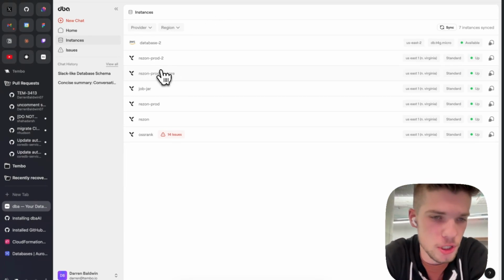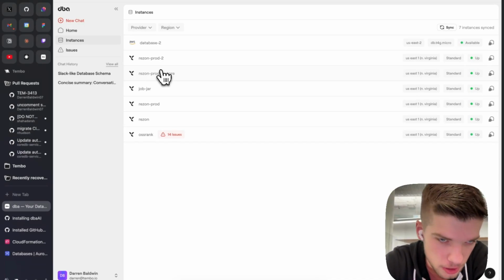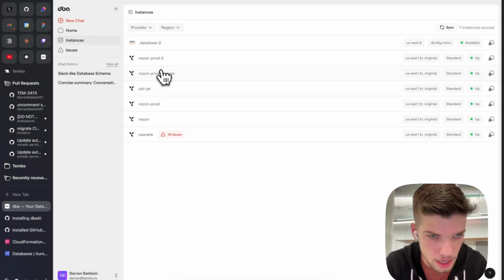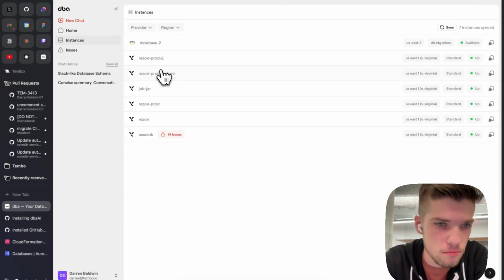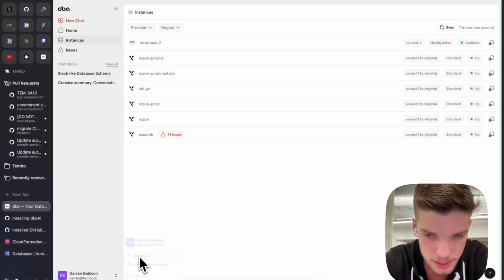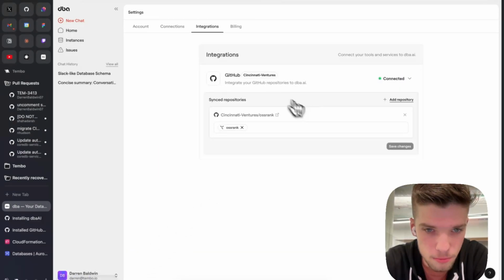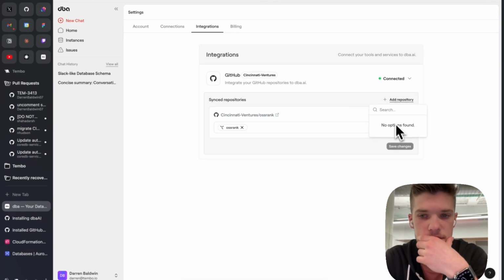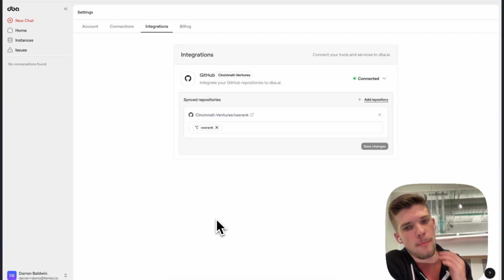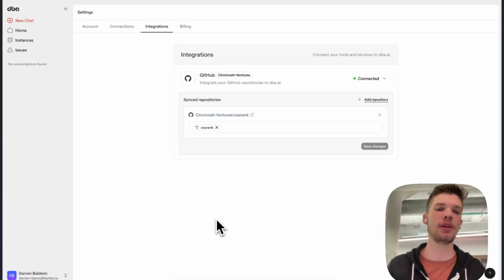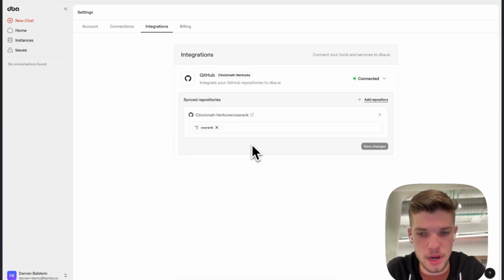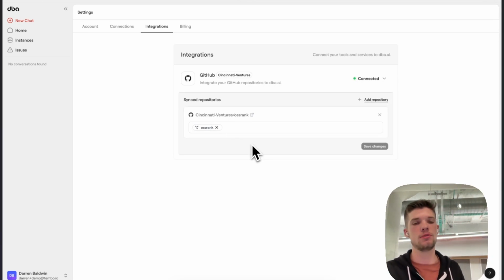DBA works with multiple clouds, as you saw in an earlier step. So here I have an instance from AWS and a few instances from Tembo Cloud already synced. And I can go into settings here and we can take a look at the GitHub integration. And what I've done is synced a repository. Basically what mapped repositories means is essentially I'm saying that the OSS rank repository on GitHub consumes the